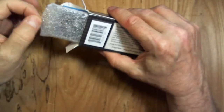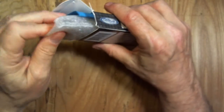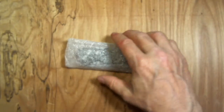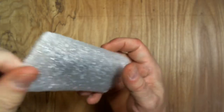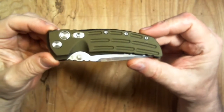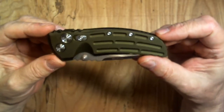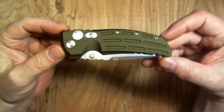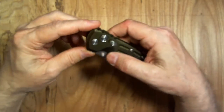Now, I'm a fair-minded guy, and I want to give credit where it's due. I was first exposed to this knife through the Apostle P's channel a few weeks ago, and I really liked what I saw. That prompted me to do further research, and the knife just kept looking better and better. This is a